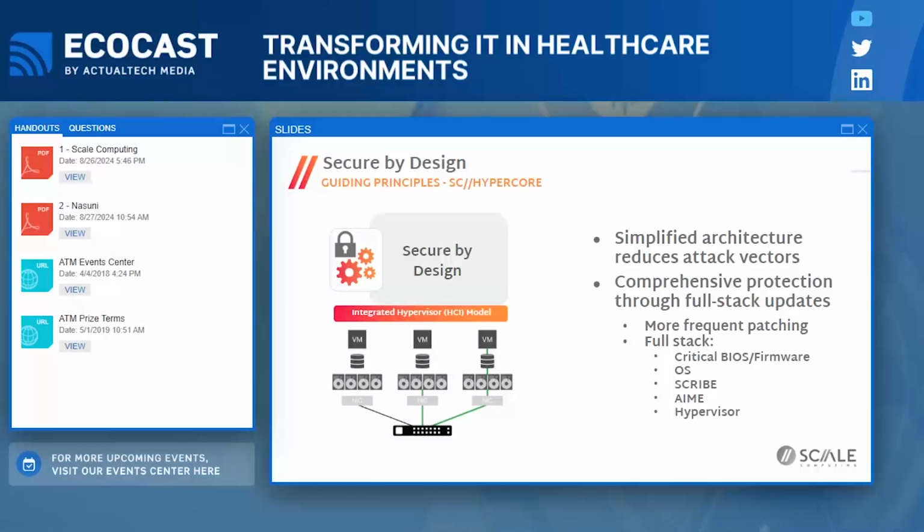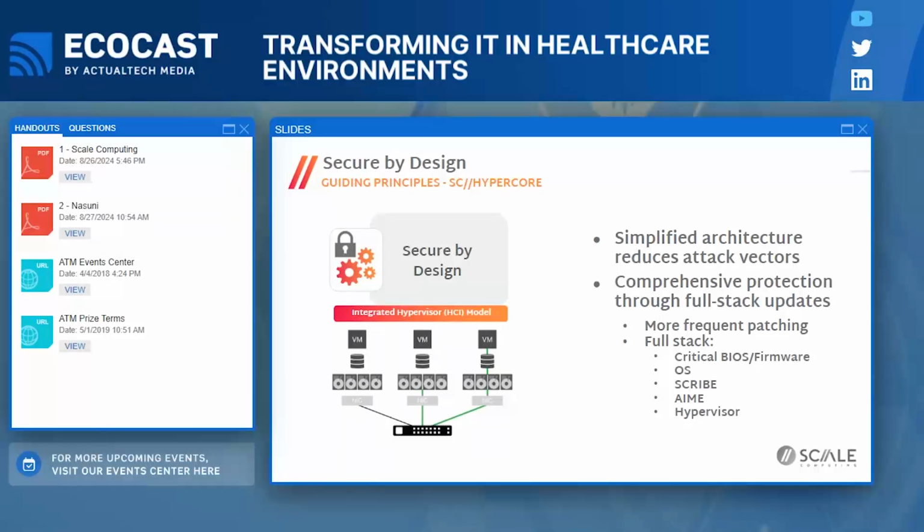We have reduced attack surfaces. Traditional setups with separate management servers and external SAN or NAS storage introduce multiple surfaces for attack vectors and complexity. This increases the risk of misconfigurations and network attacks. HyperCore's integrated design reduces those risks by default. Now, disaggregated solutions from multiple vendors also complicate patch management and security updates. HyperCore controls the entire stack. This allows patches to be applied across all components simultaneously, ensuring quick and secure updates.